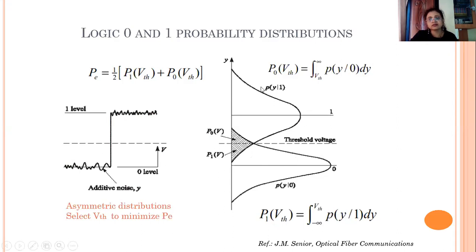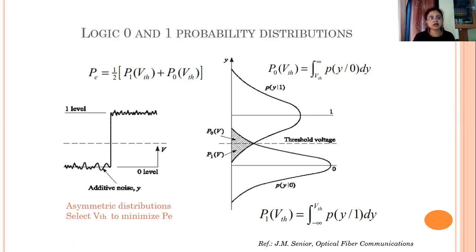And now I can calculate the error probability for this error in the form of the lower limit, the threshold voltage, and upper limit plus infinity, when bit 0 is transmitted and it is interpreted as bit 1. So with this knowledge of the probability density function, and how the signal decision is done with respect to threshold voltage, we understood the error probability function for both the bits, bit 0 and bit 1, and now I can